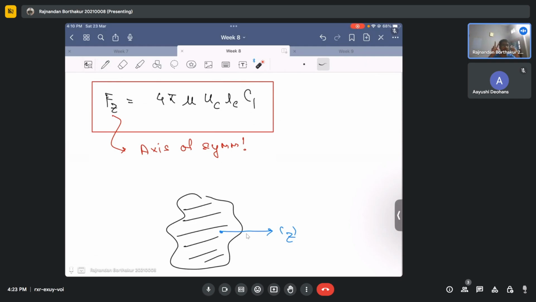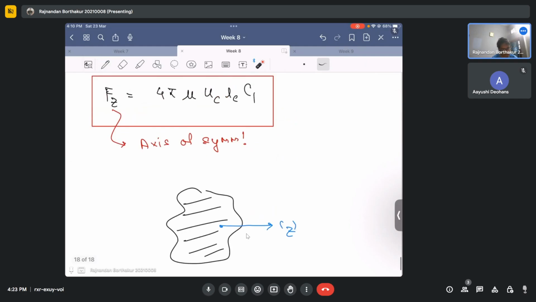There are only two things needed to satisfy this theorem. The first is that it should have an axis of symmetry. The second is that you must fix an axis which coincides with the object's center of mass. That's it. So this means that